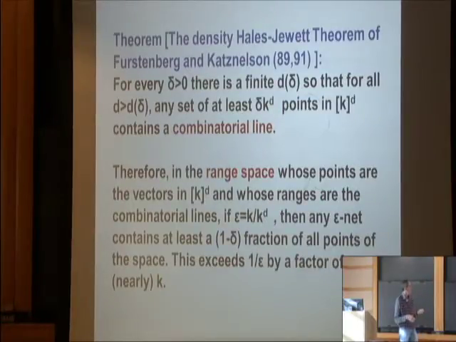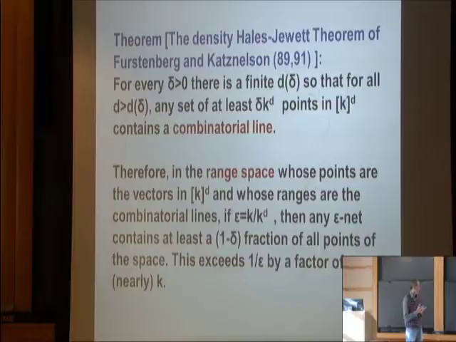What it says is the following: we fix a small delta. For us, actually, delta equals half will be enough. Then if the dimension is big enough, if we have a set of at least delta times k to the d points in [k]^d, so a delta fraction of all these vectors, then it contains a combinatorial line. It's hard to avoid this combinatorial line. Every set of 1% of these points will have a combinatorial line if the dimension is big enough. Big enough is pretty big, but